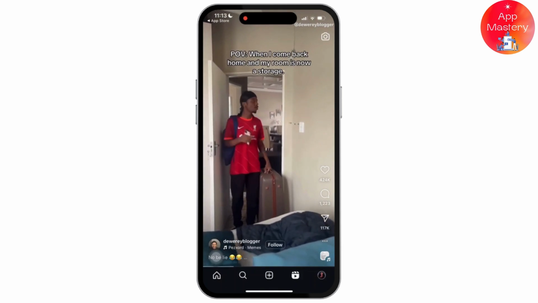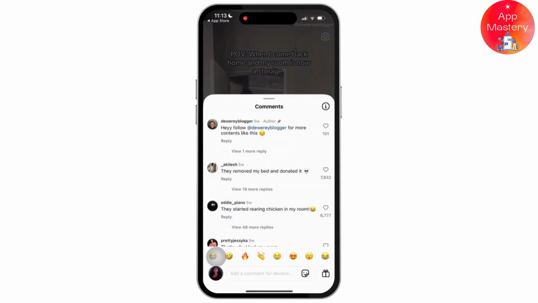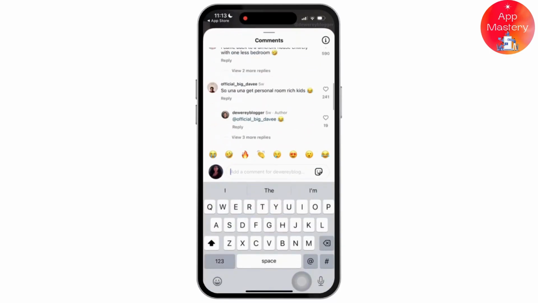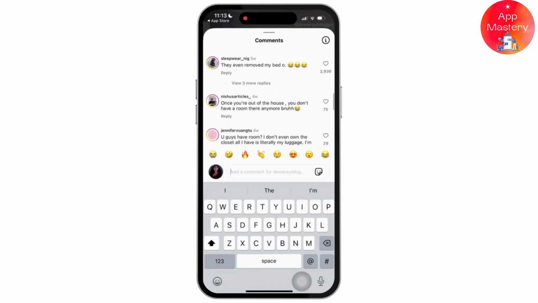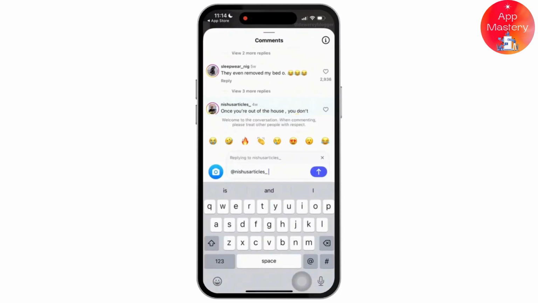Now once you tap on the comment, as you can see, you cannot post a photo directly in the comment, but you can simply tap on the reply option available there with any person commented. And after you tap on the reply, you will be navigated to upload a photo or video according to your